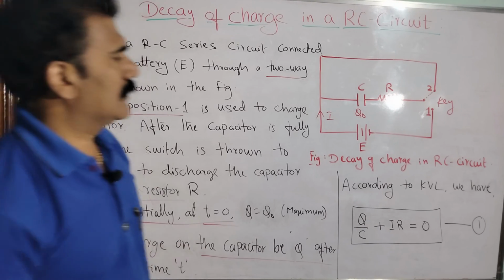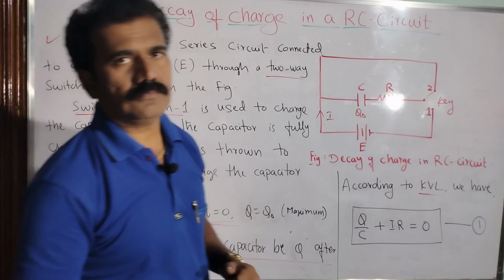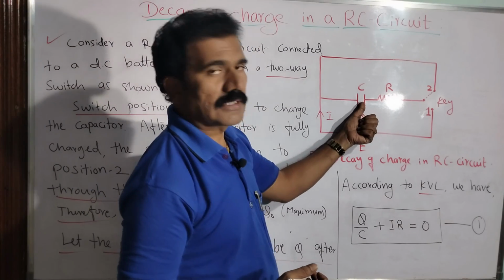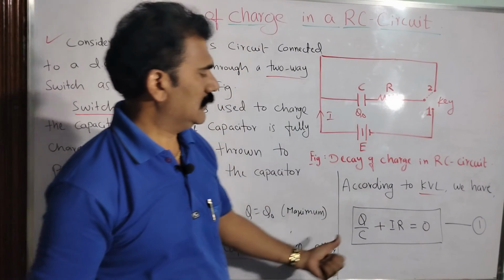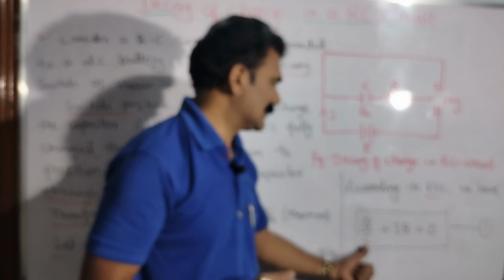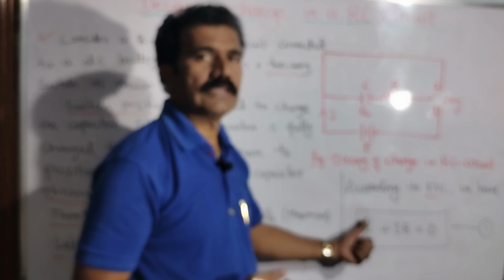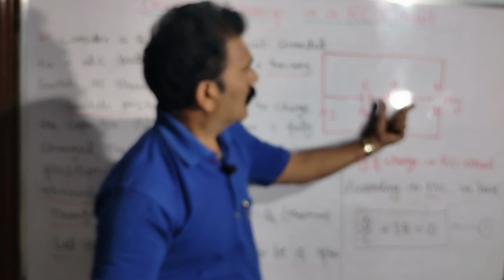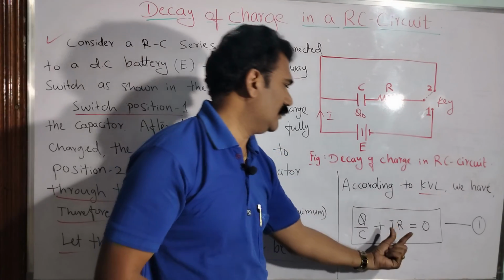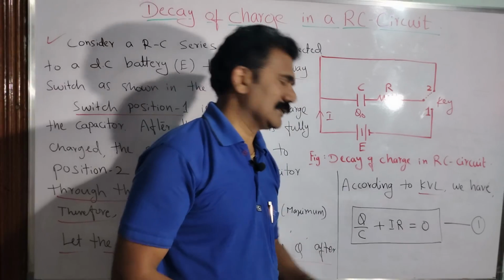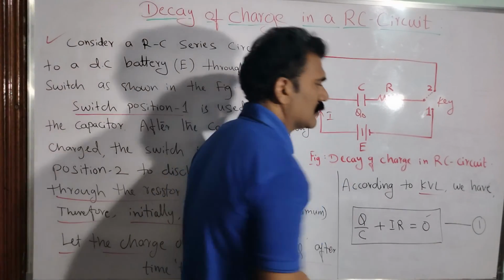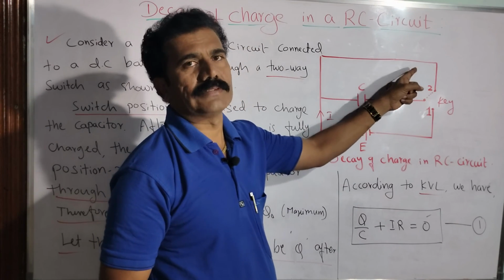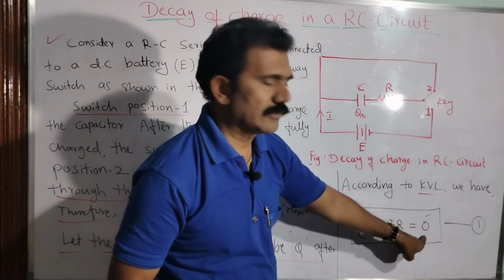Now you can apply Kirchhoff's voltage law, KVL, because there is a voltage drop across two components here. Across the capacitor C at a given instant of time, the PD is the ratio Q by C, the charge present in the capacitor compared to its capacity C. Plus, according to Ohm's law, across the resistor R the PD is IR, the product of current and resistance. That is equal to 0 here. Why is it equal to 0? Because in the secondary part of the circuit there is no EMF present. There is no battery in the circuit, hence you have to consider it equal to 0.